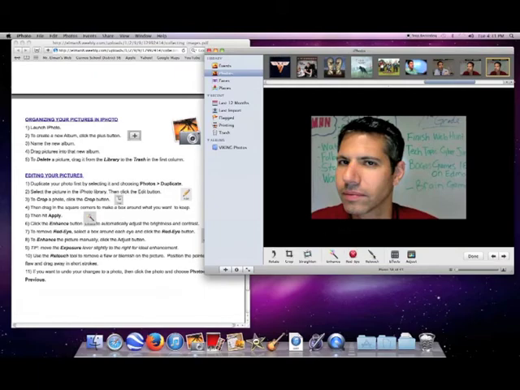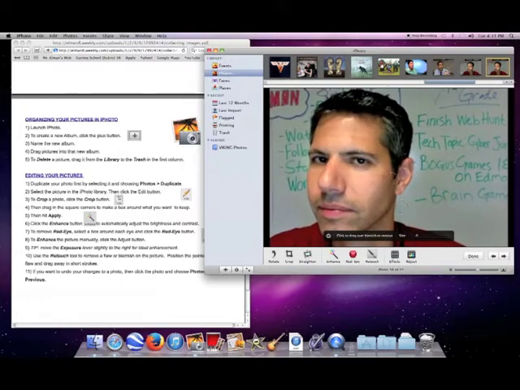So I'm going to close that. The retouch is for if there's a blemish, a pimple, a freckle that you want to get rid of. For example, I'm going to zoom in, and let's say I want to get rid of this freckle right here. I can click on it and it should make it disappear. I'm going to zoom back out,